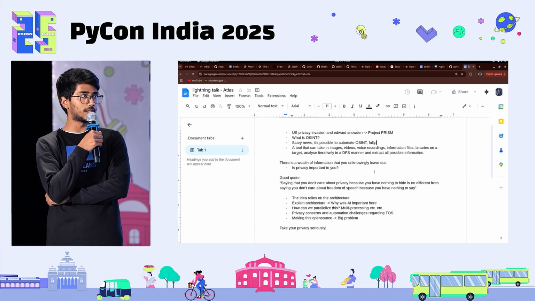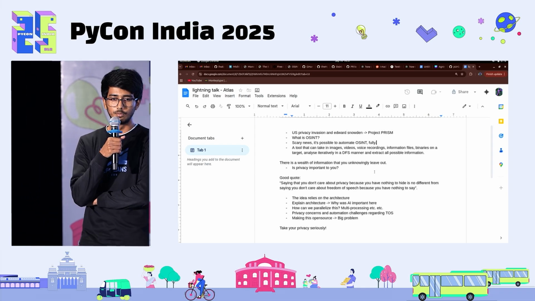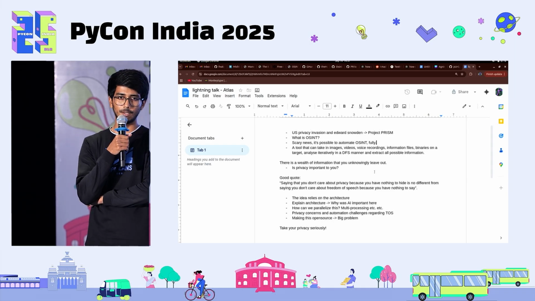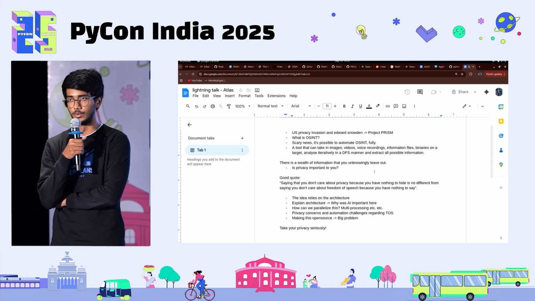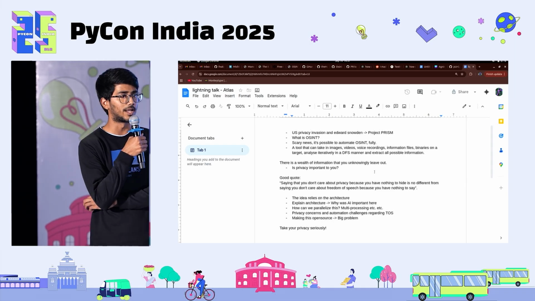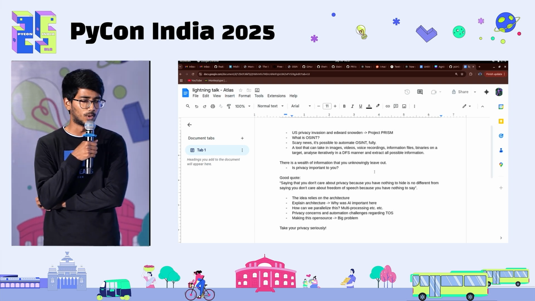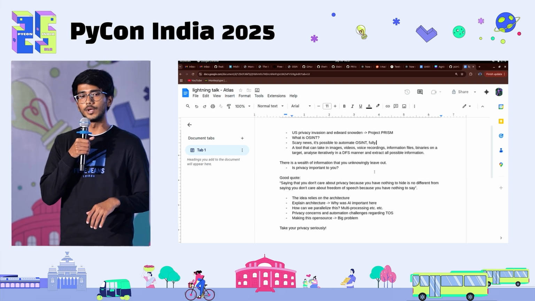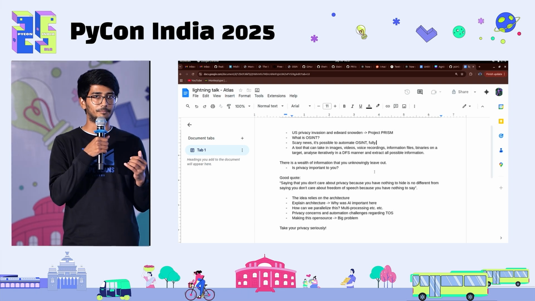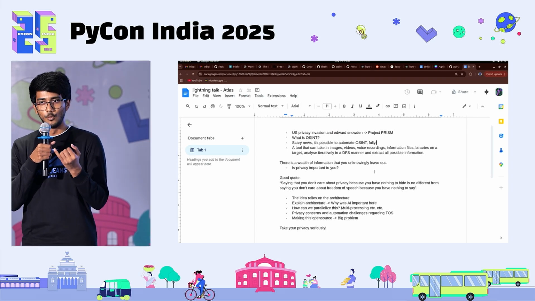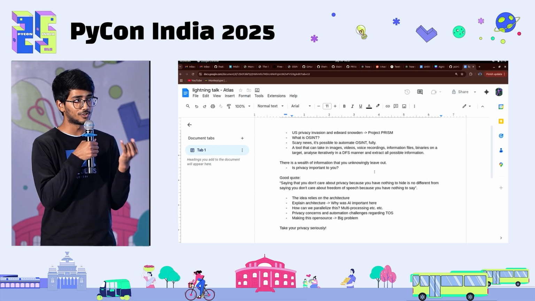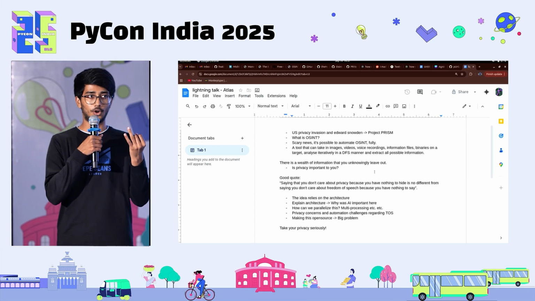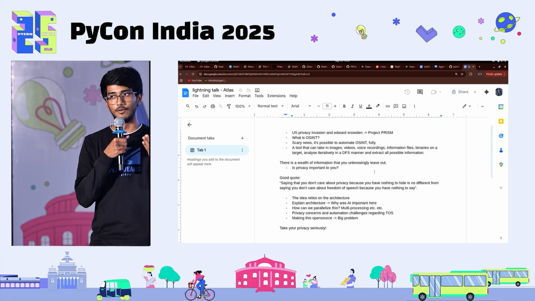Now, the scary part is it is almost possible to fully automate OSINT. Now, what is the problem with fully automating OSINT? There already exist tools like Maltego or different ones which do some of the automation. But fully automating OSINT means that you are putting a tool which can literally extract information in the hands of people who don't know how it works, and they don't know how harmful the